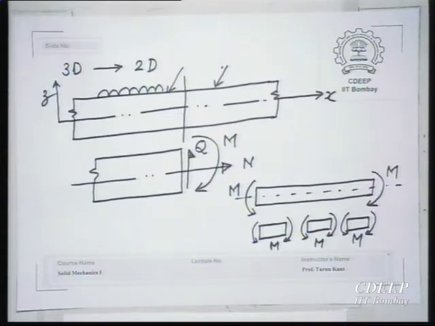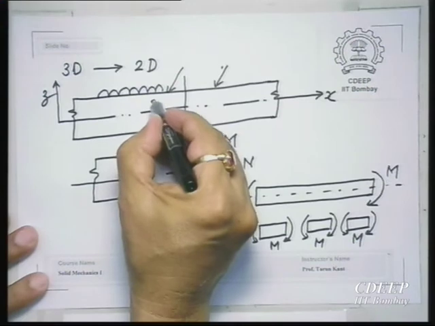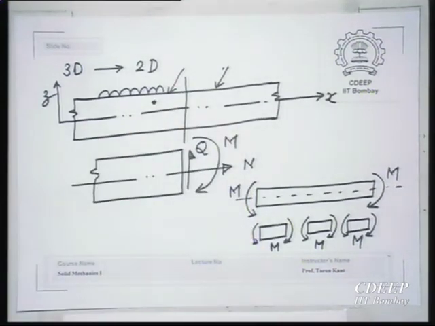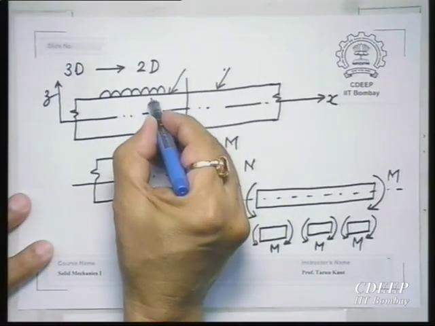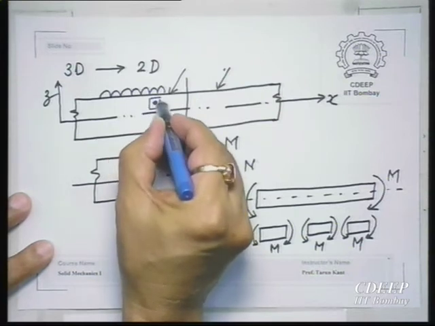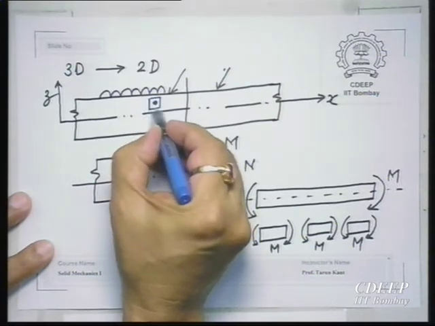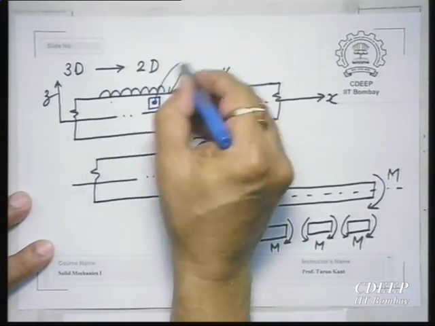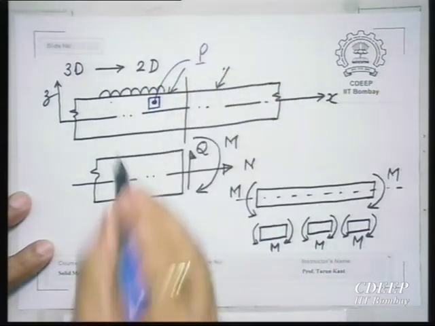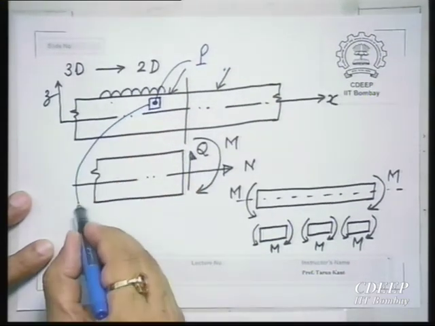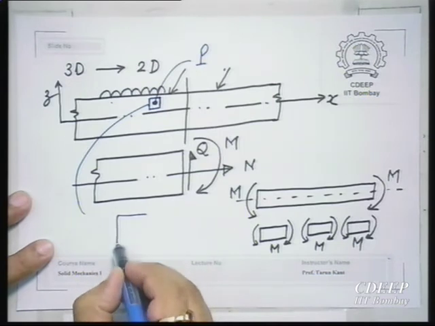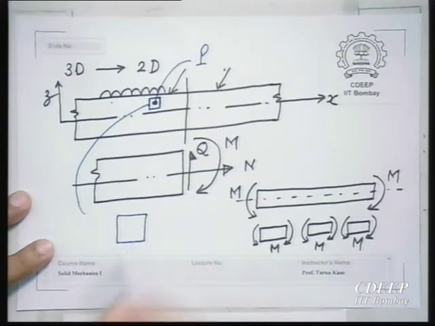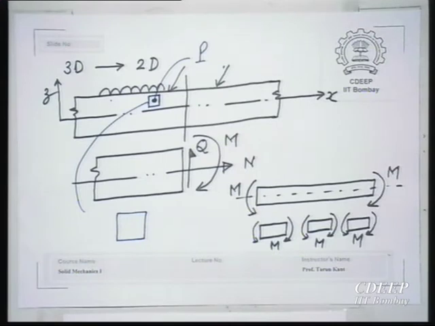So, we are taking this kind of situation, but in general you tell me, if there is a point here in a general beam in the plane of symmetry, and if I am considering a small element, then what is the state of stress at this point P? If I enlarge this and draw the element like this, then what is the state of stress?